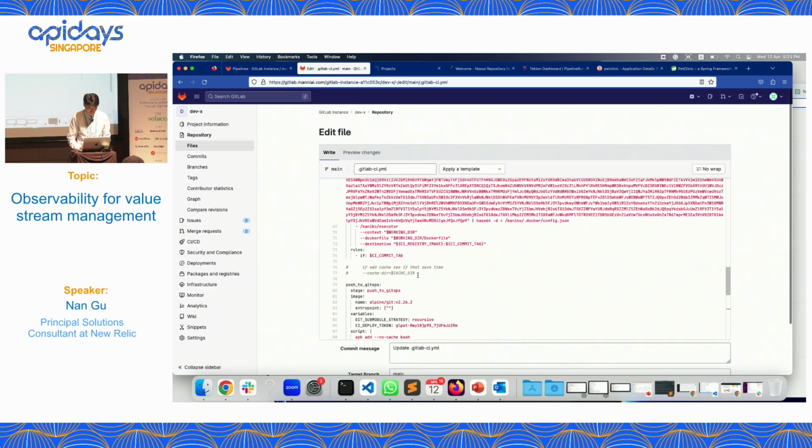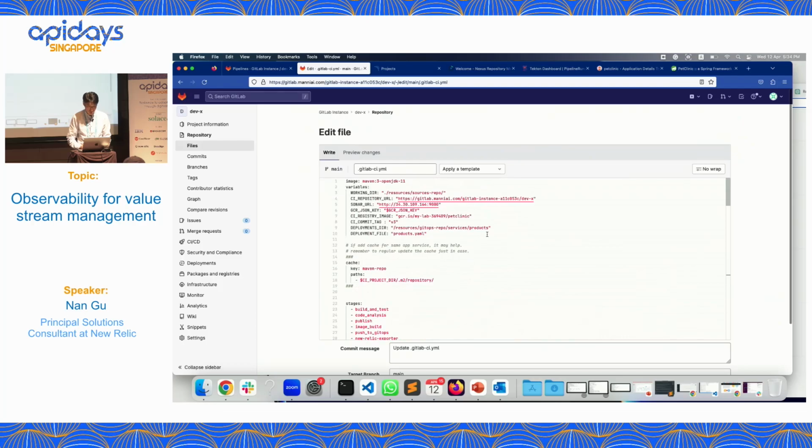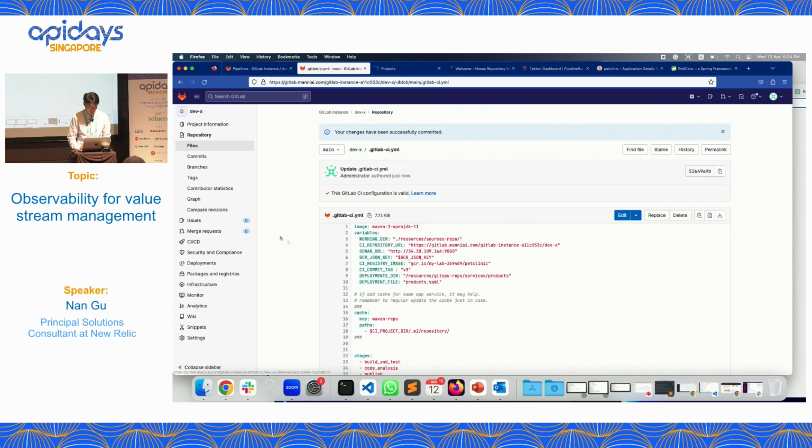There we go. Just tell the Maven cache here. Save the time. If I get that right.